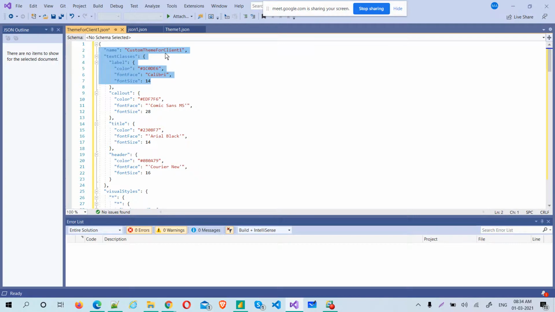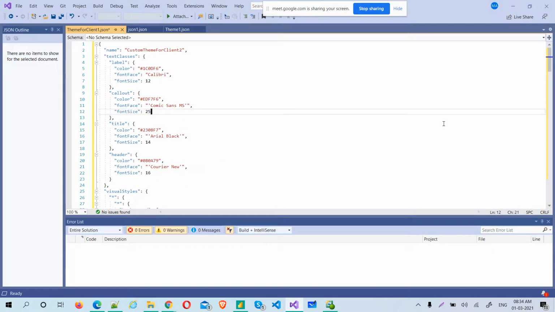See, this is my theme name. You can rename it to client 2, and this time you can change the colors to whatever you want, say F6 or something. If he has given some other color, you can change it. You can change the font to 12, or some other font, and make the font size 25.